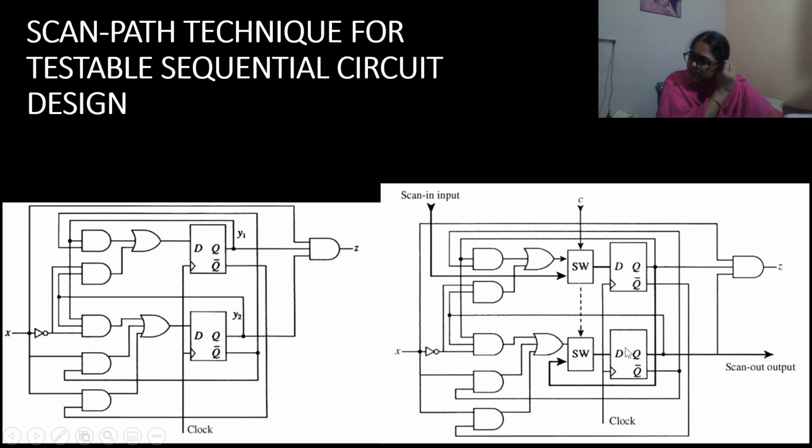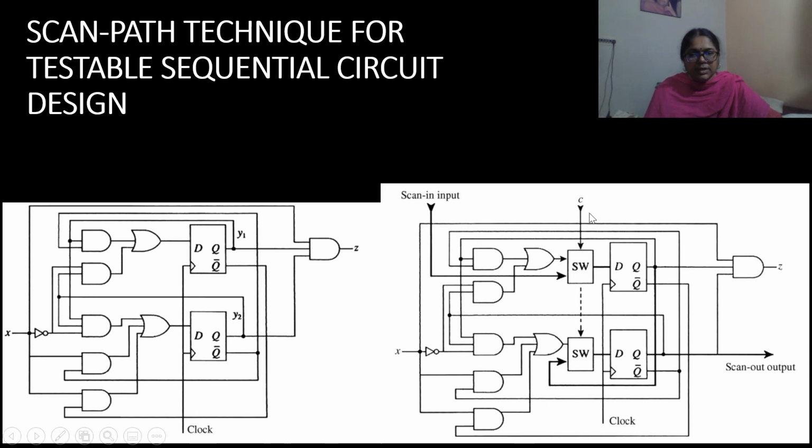So the circuit now returns to the normal mode, and now we apply the test input pattern to the combinational logic. Here only one external input is there, that is X. So to the X input we are going to give the test input, and after giving the test input, depending upon the circuitry here, that will be given as input to the D flip-flops. Now C is equal to 1. We are going to change, that will return to the shift register mode. Now shift out the final state while setting the starting state for the next test.